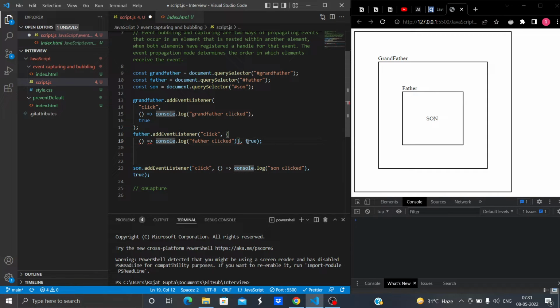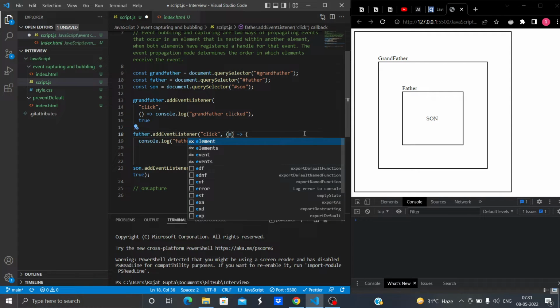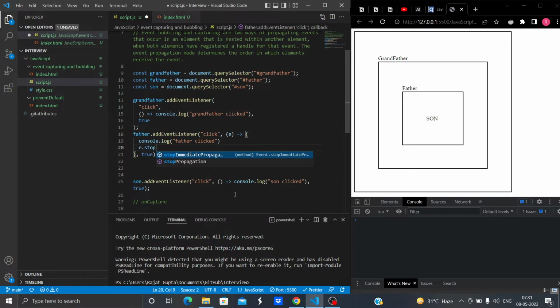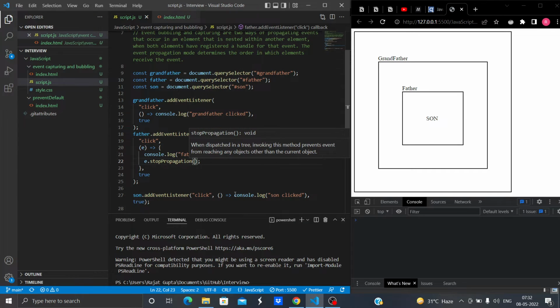What I am doing here is passing e. Yes, this is an arrow function, so I could do this also. Now instead of passing nothing, let's pass e, that is the event, and what we'll do here is stop propagation here itself. So I can do e dot stopPropagation, and Ctrl S.